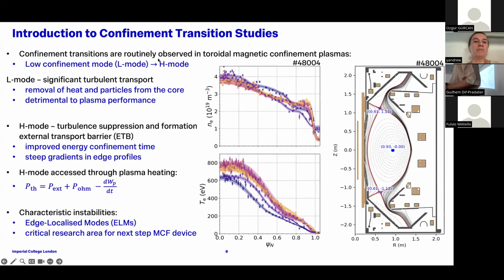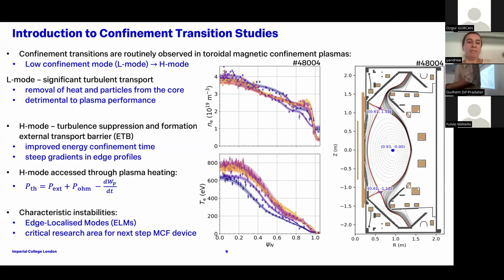So the L mode, the low confinement mode, is characterized by removal of heat and particles from the core plasma, generally detrimental, although it has some advantages, detrimental to plasma performance. So on the discovery of the H mode, the key benefit from that is access to much higher core plasma pressures, which is obviously useful for accessing fusion